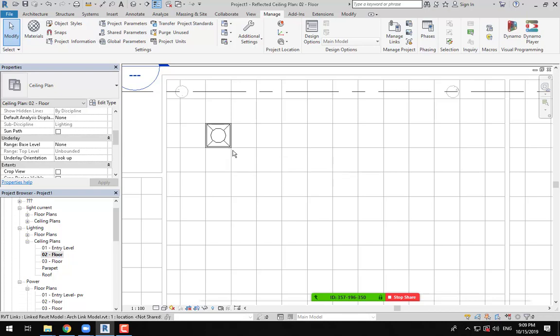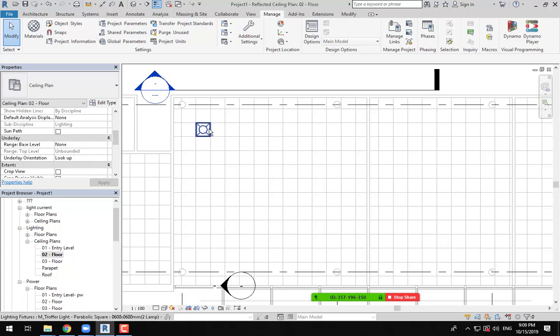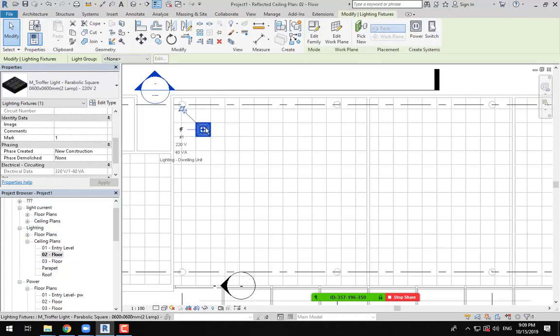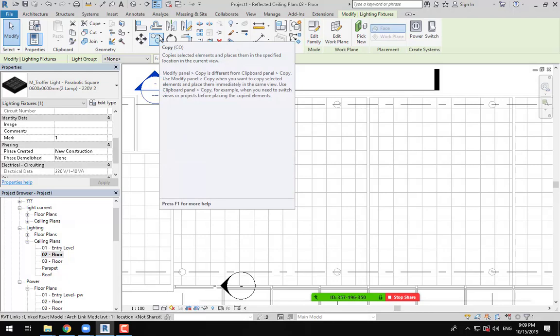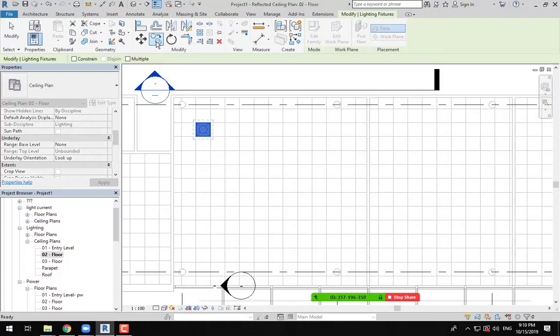Now I want to copy this lighting fixture in this direction. I can copy or use the command called array. Okay, so we will create lighting fixtures using the two types. First, we will use copy. From here, I will select copy,